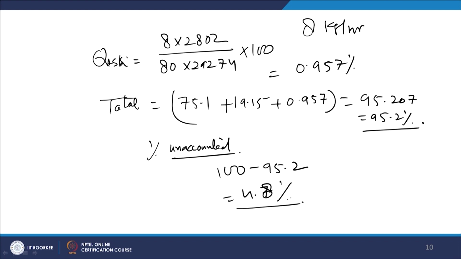It is okay. In boilers, an unaccounted heat of around 4% is acceptable, because you cannot fully insulate the boiler. Some of the heat will be lost through conduction, radiation and convection heat transfer. Some heat loss has to be there. So this is the amount of unaccounted heat loss in a boiler.